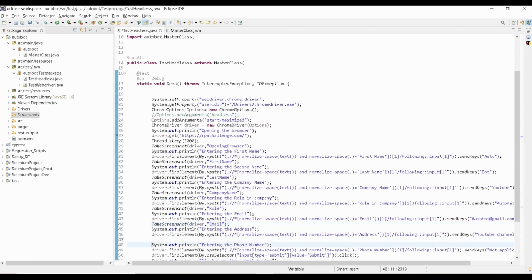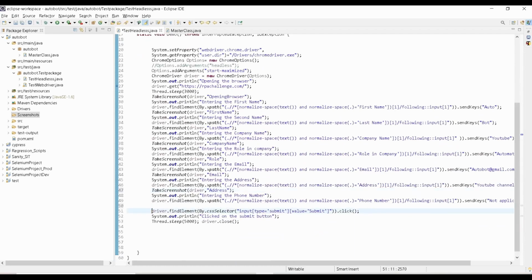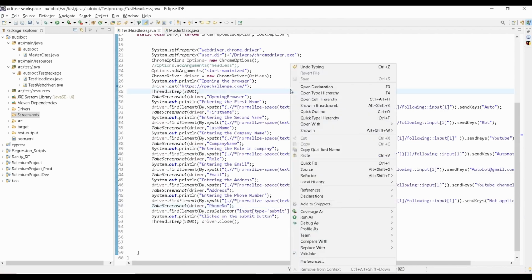Then here we are getting the address, and here we are getting the phone number. Okay, so that's it, and that's all. And here it is clicking the submit button. I'm not going to capture that. Let me execute this, and we'll see how it is going to work.